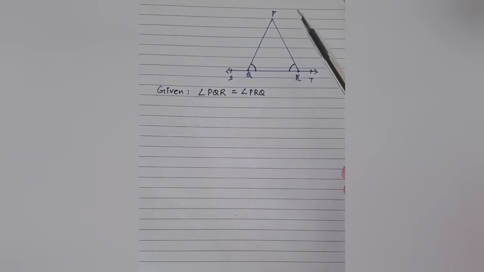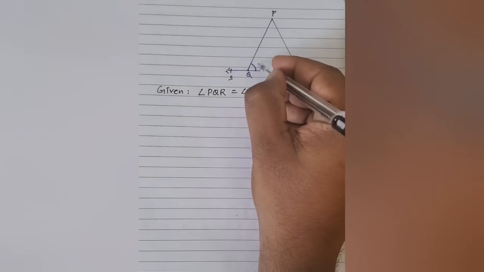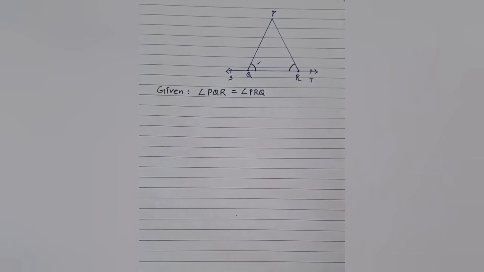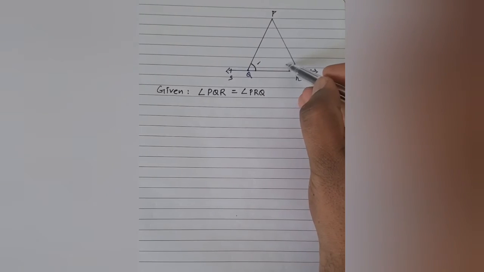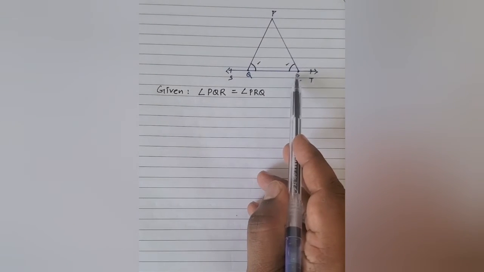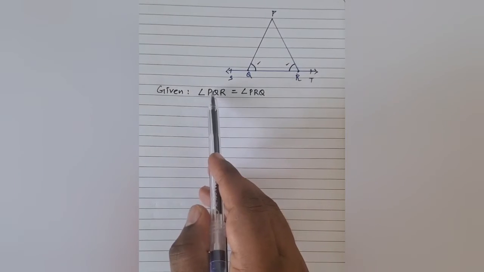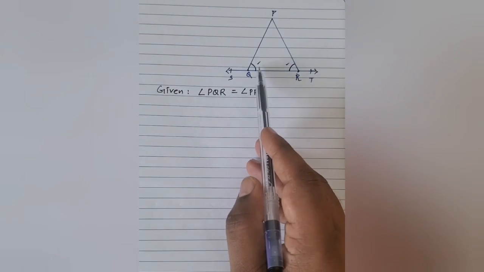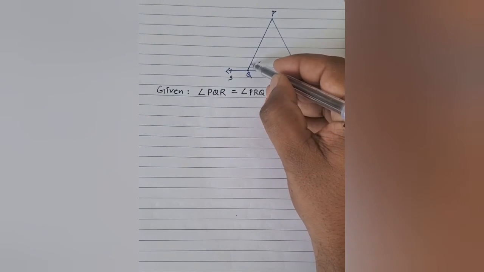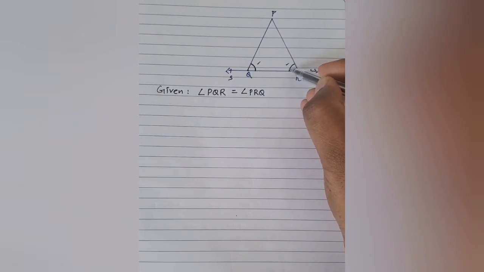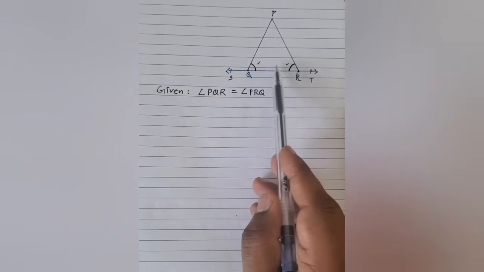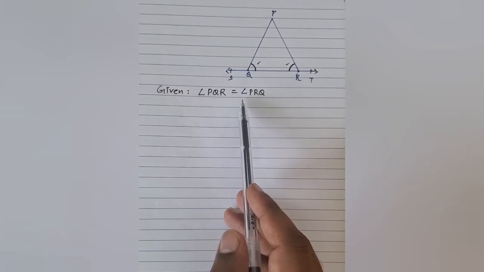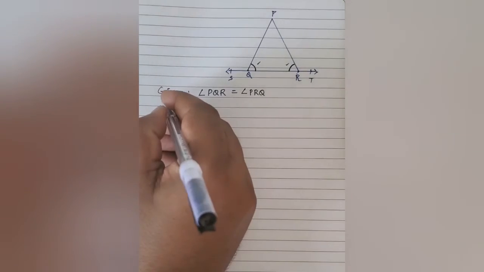So if you look at the figure, where is angle PQR? It is this angle, right? And where is angle PRQ? Which is equal to angle PQR, that's what has been given. So PRQ, it's here. It is also mentioned in the figure that they are equal. Even if it was not written in the question, you should have made out from the figure itself, because here it is shown by a single arc for angle Q and a single arc for angle R. It clearly indicates that these two angles are equal, which is also given in the question in written form. Now, this is the given data.